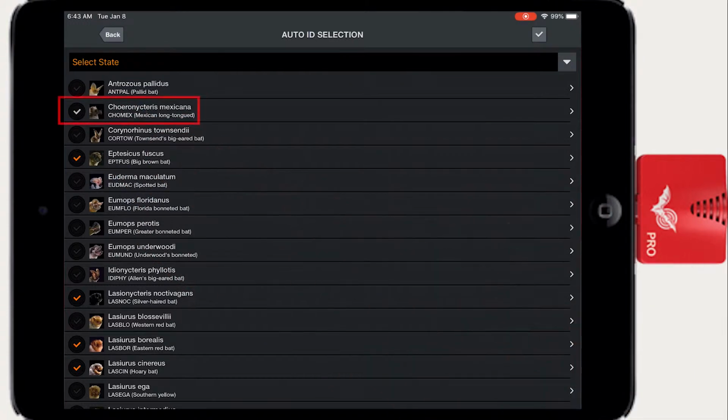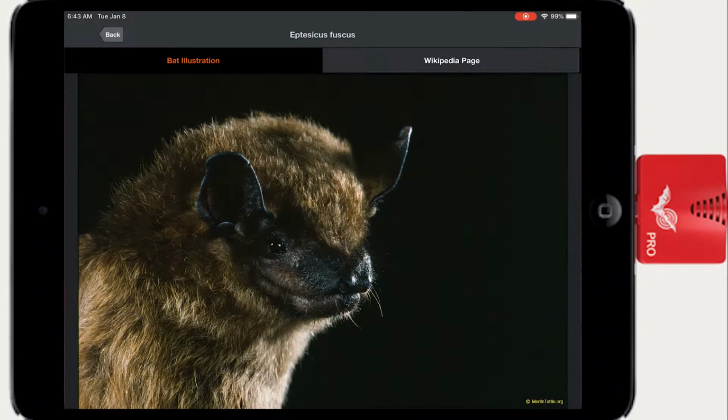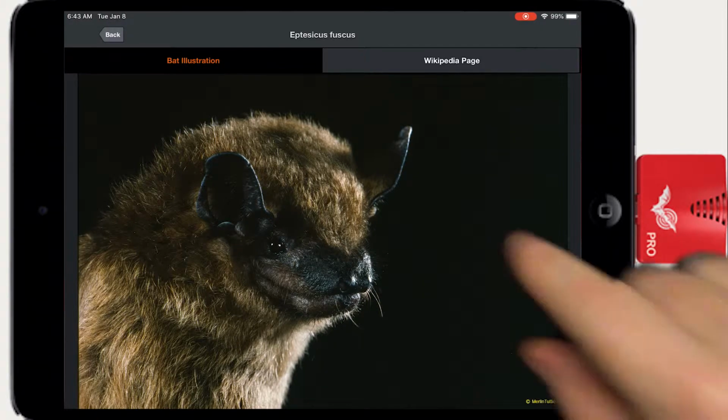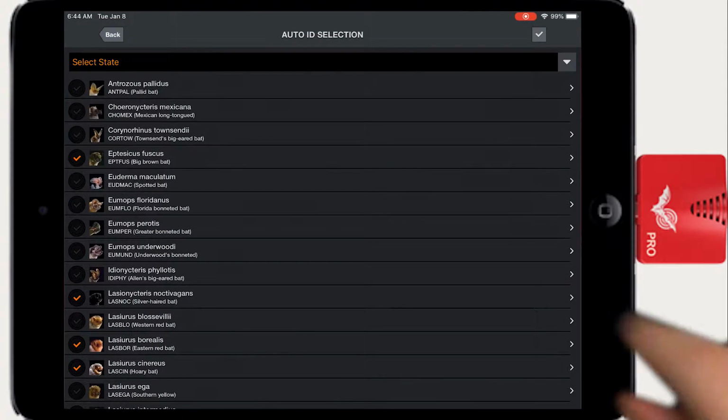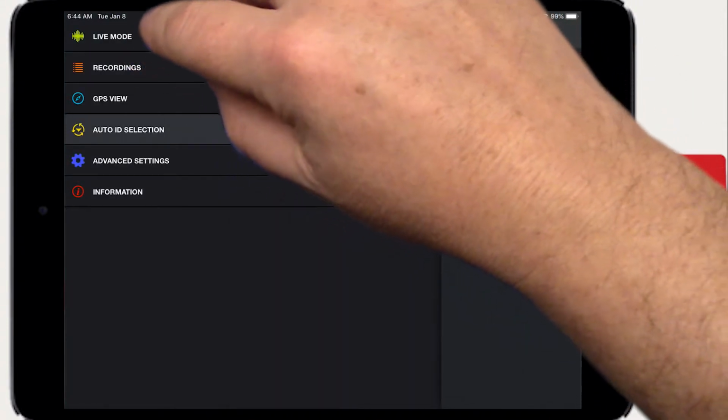Species that have a gray checkmark indicate the species may be found in the local area, but Echometer does not yet have classifiers for this species and therefore cannot provide an Auto ID. If you click on a bat species, you'll get a photo of the bat and a link to the Wikipedia page that describes the species. Now that Echometer has been informed as to which species to Auto ID, let's go back to the Live Mode